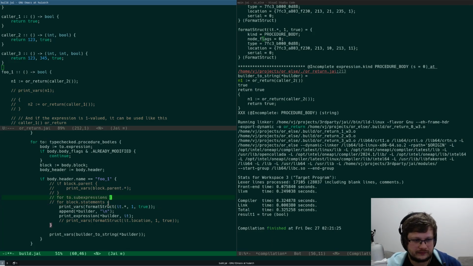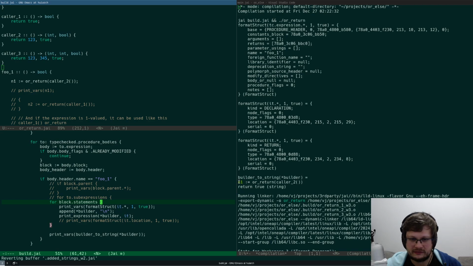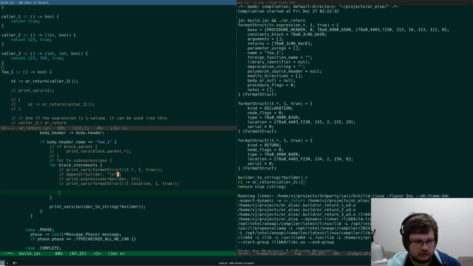So I get statements right here, and for each statement I get the nodes. Let me do this for now. I do root and expressions. I do compiler get nodes. Wait, no, I already have node.